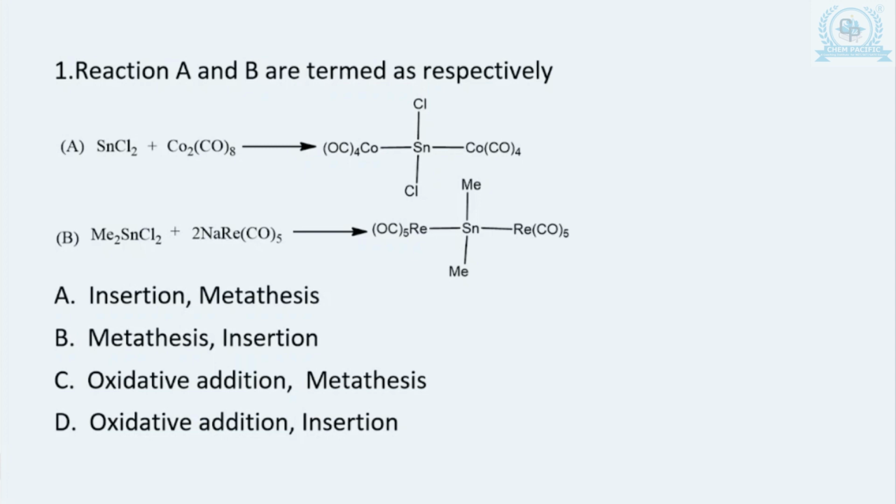ठीक है, and this is getting inserted within this bond. So if you do this, you will find out this is an example of insertion, migratory insertion. ठीक है, so you have this SnCl2 जो मैंने कहा था AB2, so this will get inserted within this metal-metal bond,